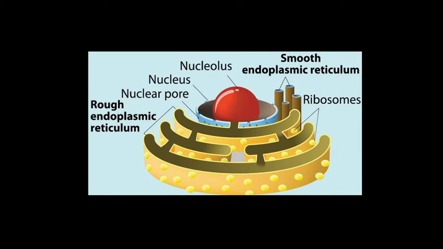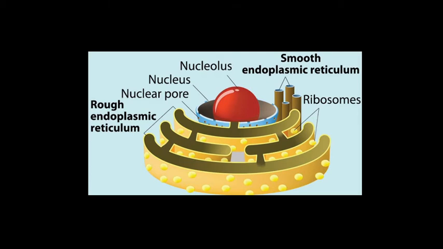Have you seen it? There are ribosomes on it, and the ribosome is made up of nucleic acid and protein. They are the site of protein synthesis. So the ER is also involved in the modification of protein. It means making of proteins is the responsibility of RER. If you see smooth endoplasmic reticulum, they do not have any ribosomes. That means it is not involved in protein synthesis, however it is involved in lipid metabolism.